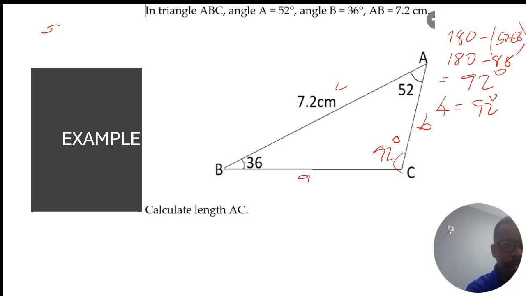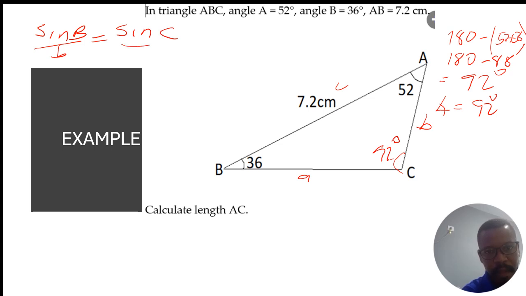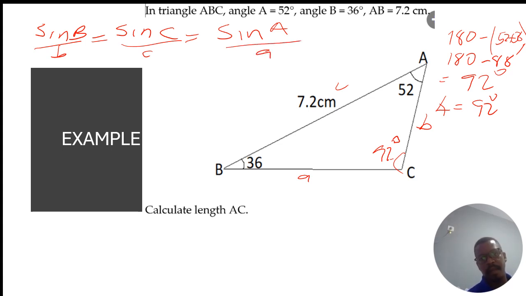Okay, fine. Let's just do it as we know it. We know that sine B over small b should be equal to sine C over small c, which is that side, should as well be equal to sine A over small a. Okay,